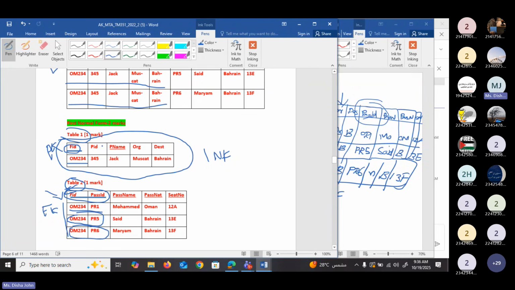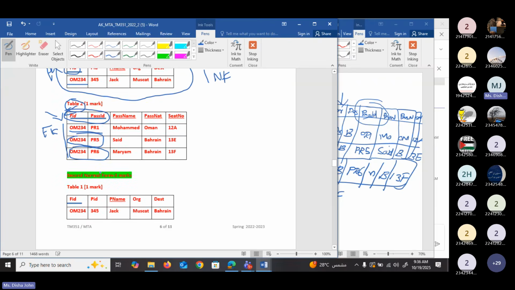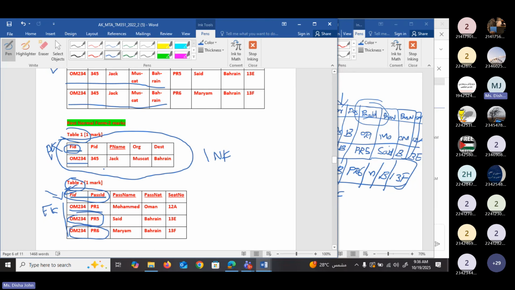Okay, so now we have two tables in first normal form. If you check these two tables, we can say that both tables are in 1NF. What are the conditions that 1NF needs to satisfy? There should be no repeated values and a primary key exists.